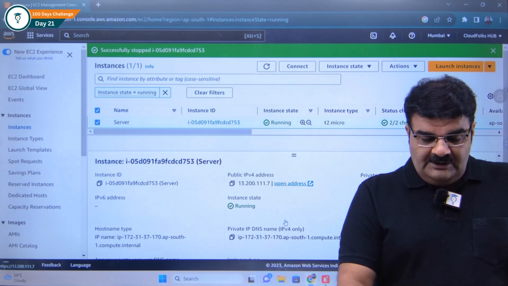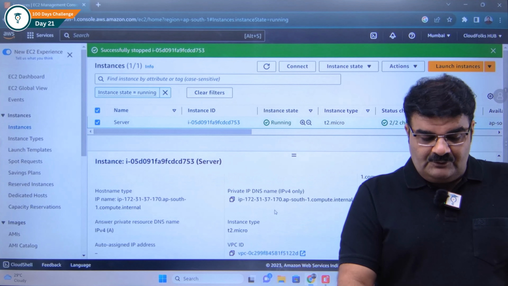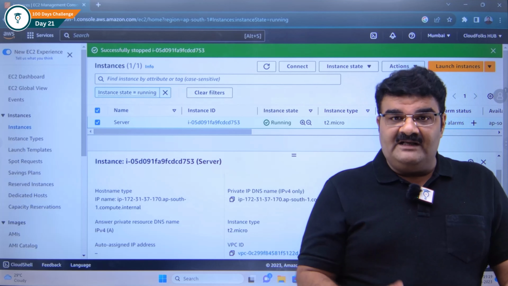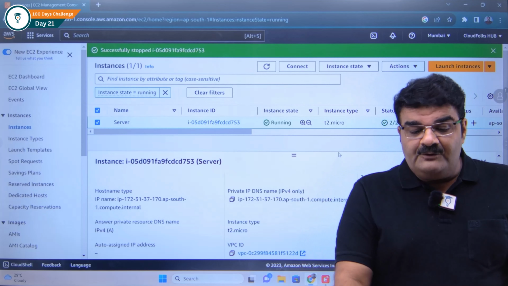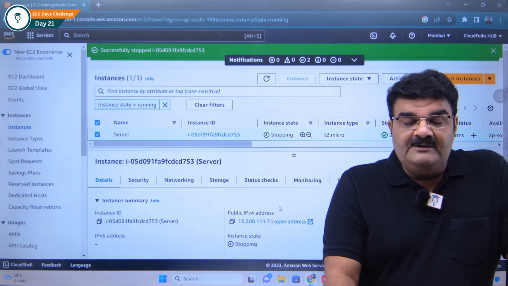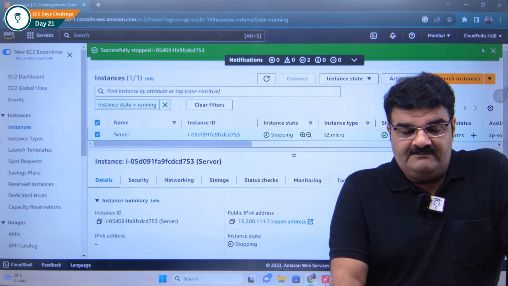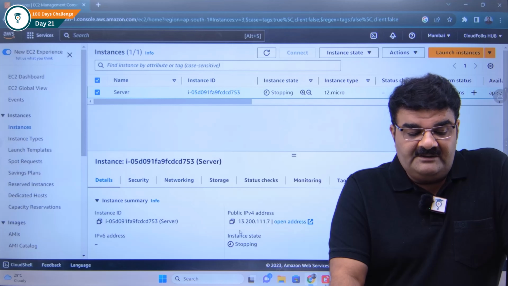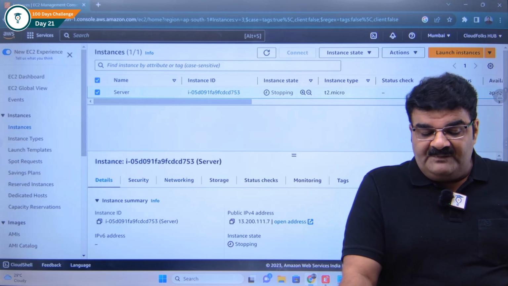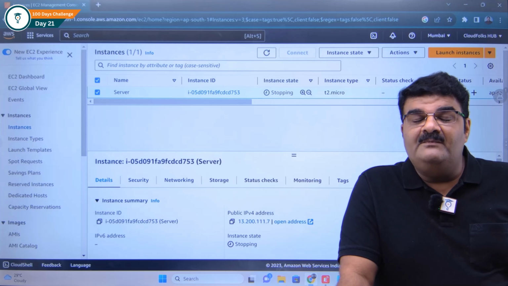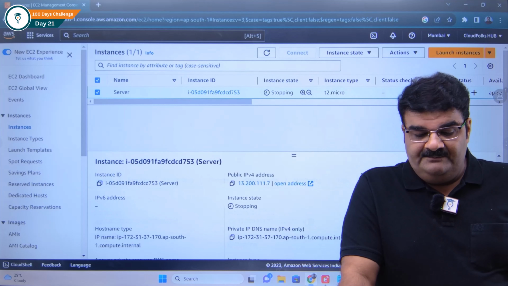And also, if you scroll down, see in the Elastic IP, you will get this. It means you can find out that, okay, we have an Elastic IP address now, and if I power off and power up this EC2 instance, it is not going to change my IP. So I am going to select this instance, stop instance. Now the instance will stop, but the IP remains constant. Okay, so wait, see, I got this message, instance successfully stopped. Still it is stopping, but the IP address is available. Why? Because now I am paying money for the IP address, right? Now wait,